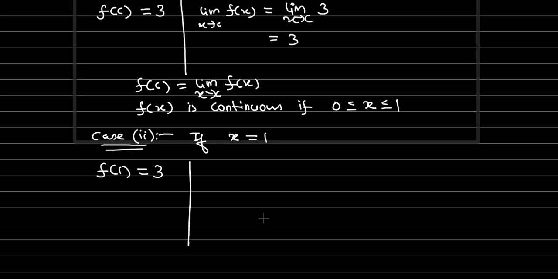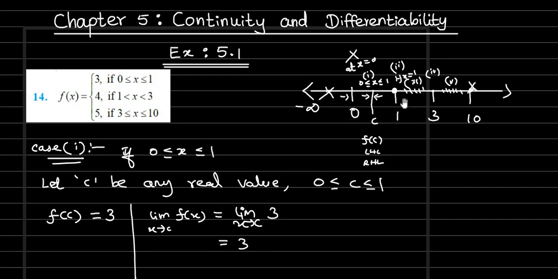Okay, now for the left hand limit and right hand limit. The left side close values are approximately 1 only, but those values are less than 1. If it is less than 1, we have to use the first function. And for the right side, close values are greater than 1. So if it is approximately 1 but greater than 1, we have to use